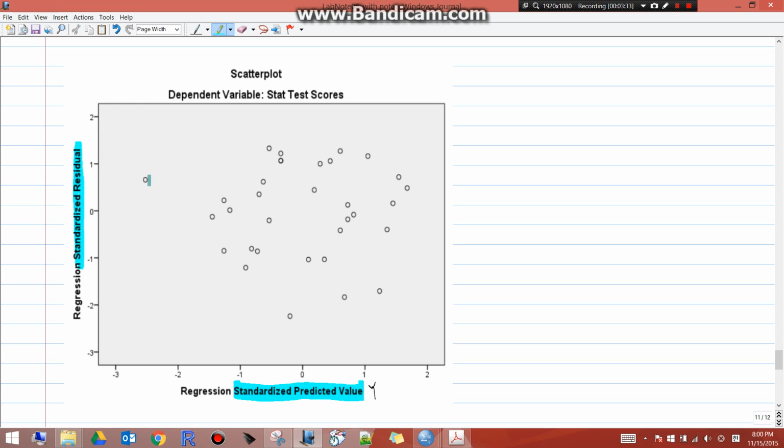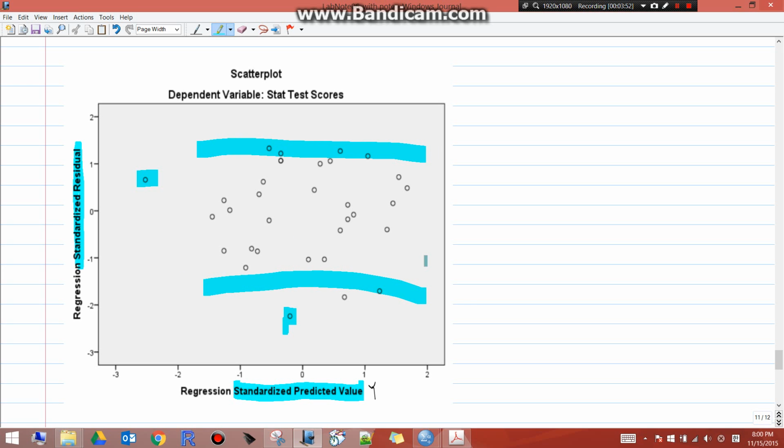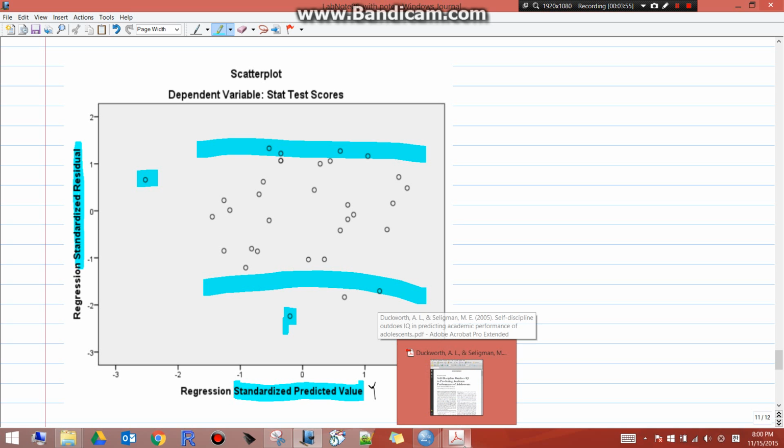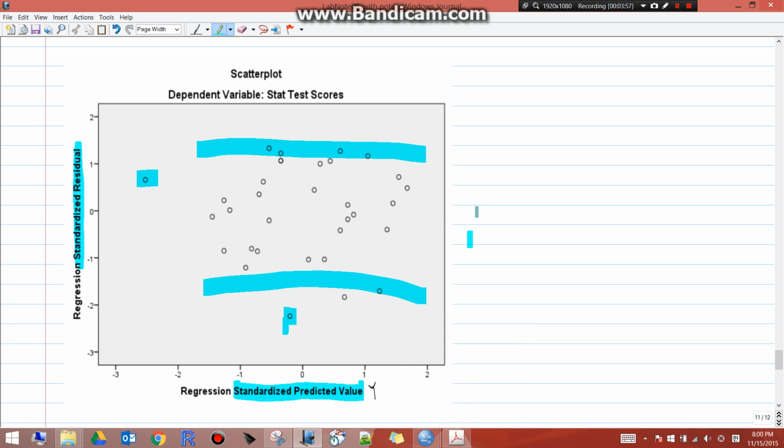So as Y gets larger, is there any systematic difference in the variance of the residual? Actually, there will be some differences because a few data points are apart from the major data points. However, we have to look at the overall trend. So overall, let's look over here. There are not huge differences in the variance, right? So we could say the homoscedasticity is achieved because the variance of data points is constant across